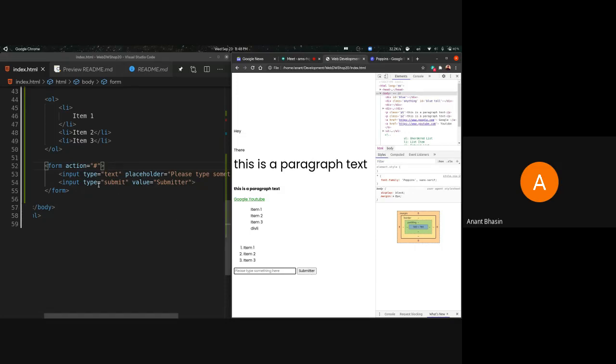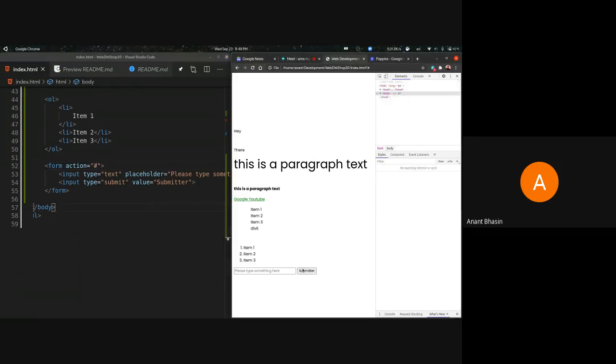This button is actually getting rendered from this submit type input. You can change how the input is rendered by changing the type over here. If I made it a date, it'll again change over here. But right now, for our purposes, we need a submit type input. Whenever you click this button, it'll try to submit whatever the enclosing form is. Whatever the closest enclosing form of this submit input is, that action will get called. So right now it has a hashtag, so it'll just get us back to this page.